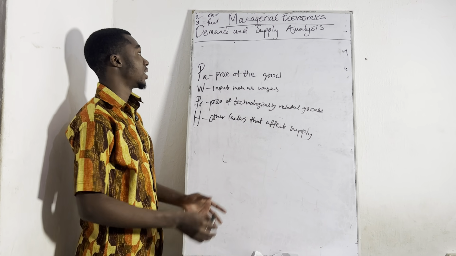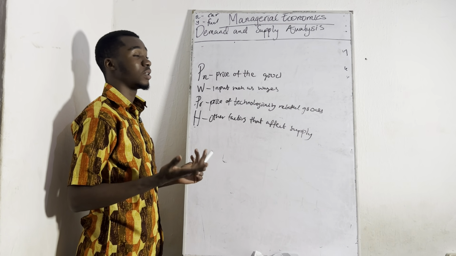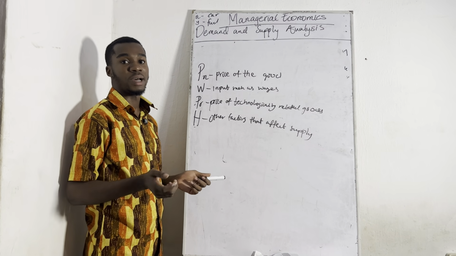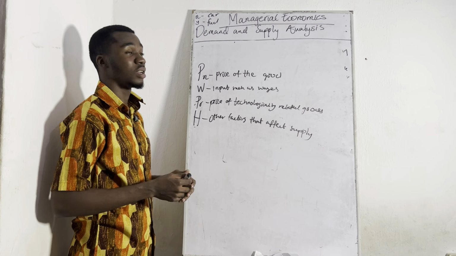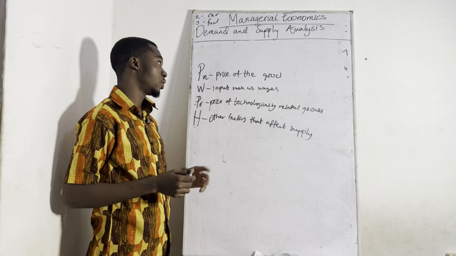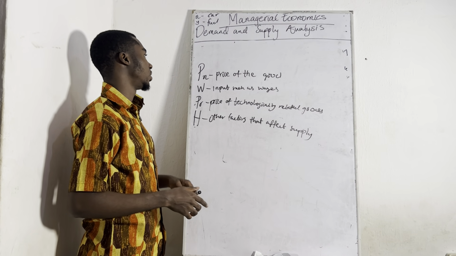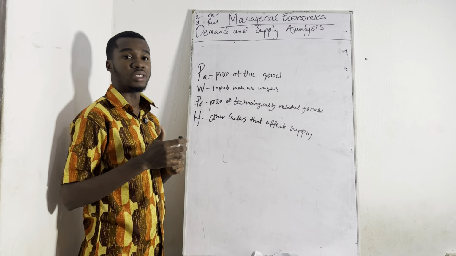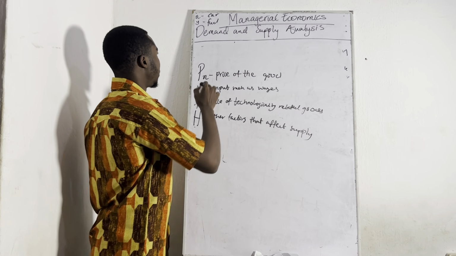So now we can derive our supply equation. In exam, they can give you any different one, but you just have to know the general one. And you don't need to memorize it, because they'll tell you what each of them represents. So they'll say that W represents this, PR represents this. They can even use different letters. You get it? So now in writing a supply equation, we have the